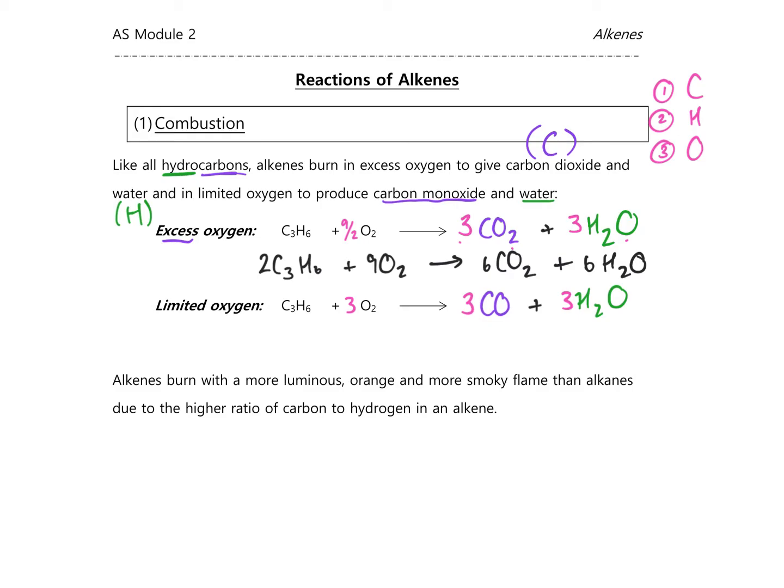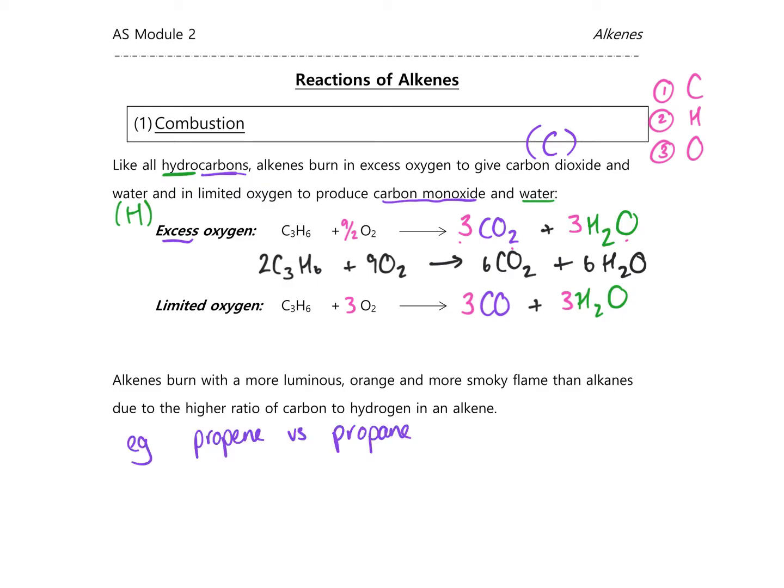And then just briefly to talk about your observations with that reaction. Alkenes will burn with a slightly more orange and smoky flame, and it'll be slightly brighter and more luminous. That's because they have a higher ratio of carbon to hydrogen than an alkane. It's only a slight difference, but because it will have a higher carbon content, that's what makes the flame more